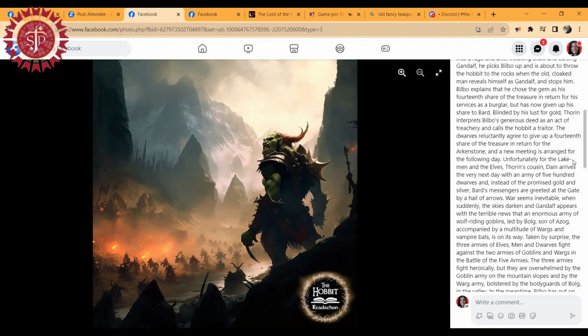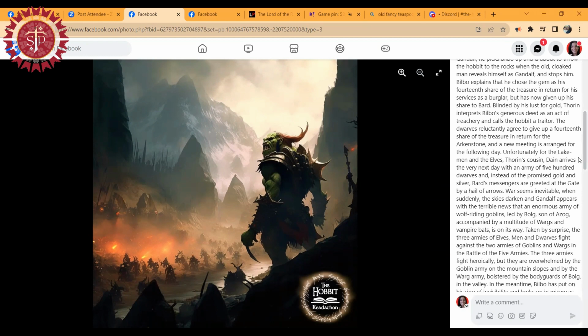Unfortunately for the Lake Men and the elves, Thorin's cousin Dain arrives the very next day with an army of 500 dwarves, and instead of the promised gold and silver, Bard's messengers are greeted at the gate by a hail of arrows. War seems inevitable when suddenly the skies darken and Gandalf appears with the terrible news that an enormous army of wolf-riding goblins, led by Bolg, son of Azog, accompanied by a multitude of wargs and vampire bats,